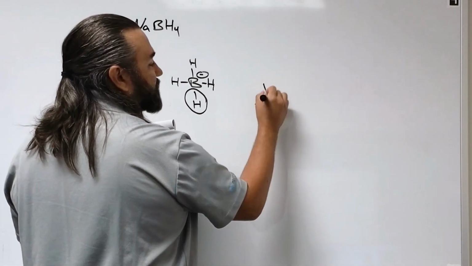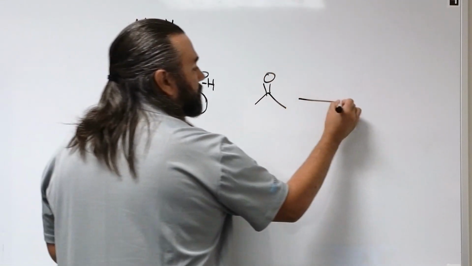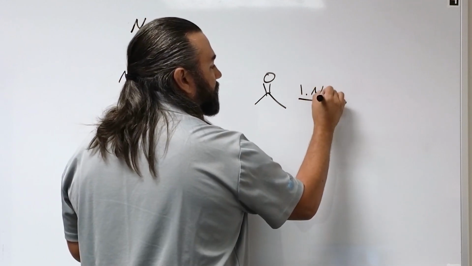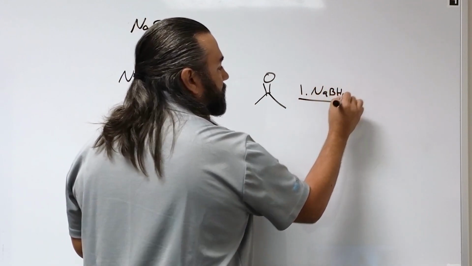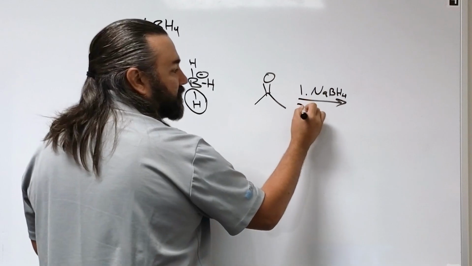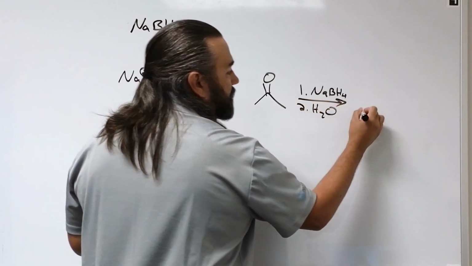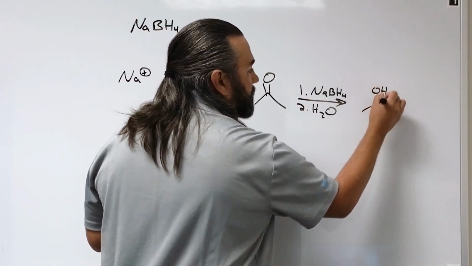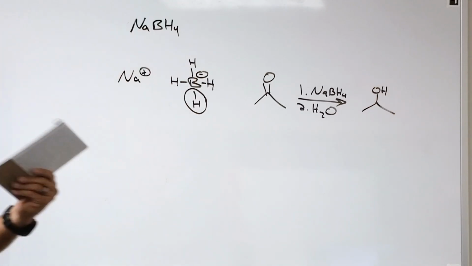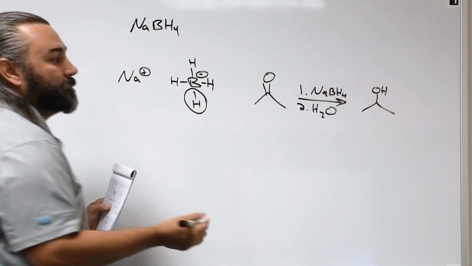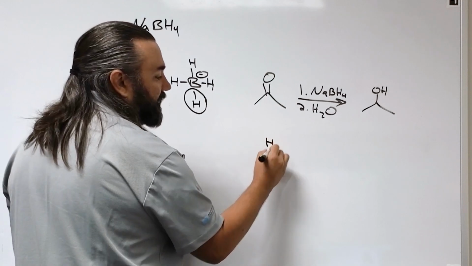So an example reaction, if you take something like acetone in the presence of sodium borohydride, and then after the reaction is complete, you add water, you can generate something like isopropyl alcohol. This is a very common organic chemistry mechanism. The way this works is the hydride